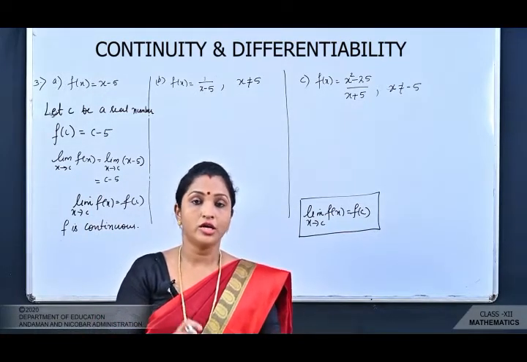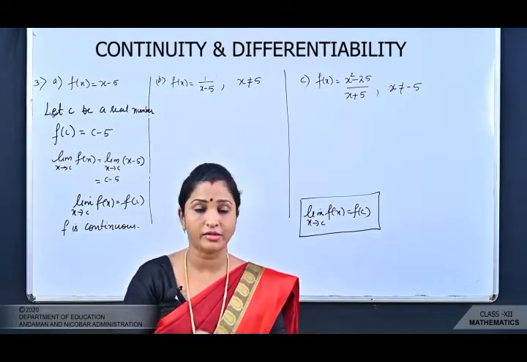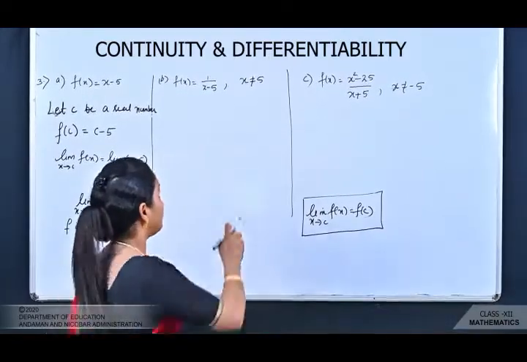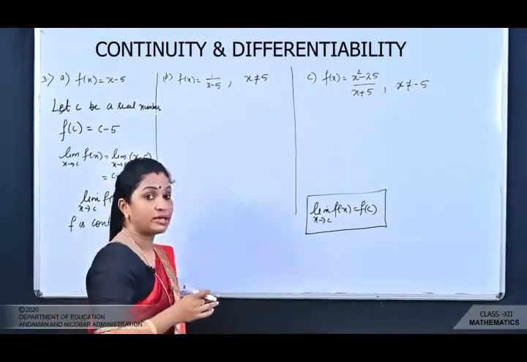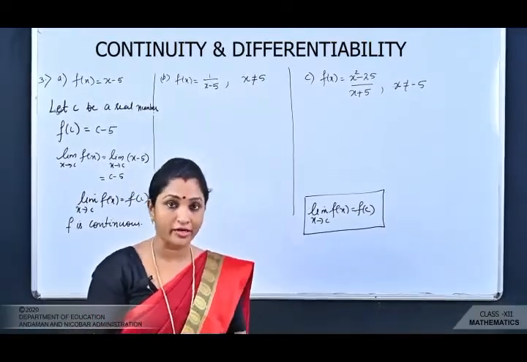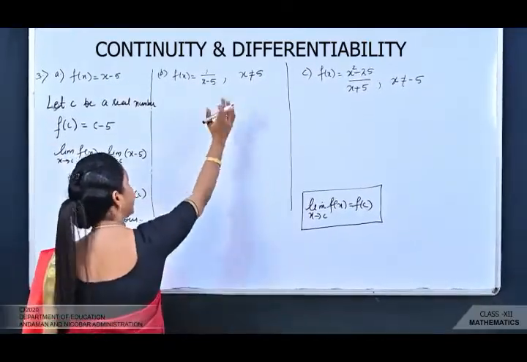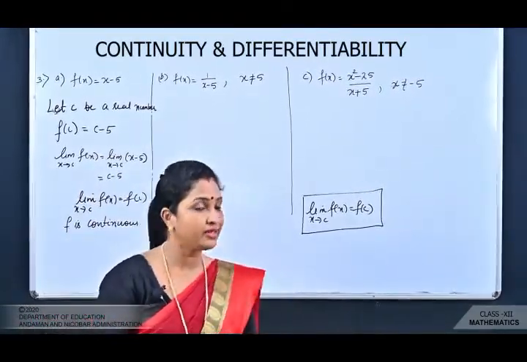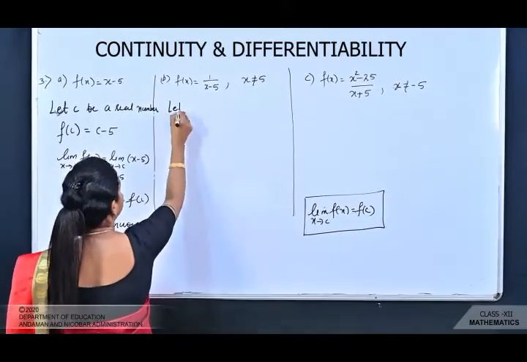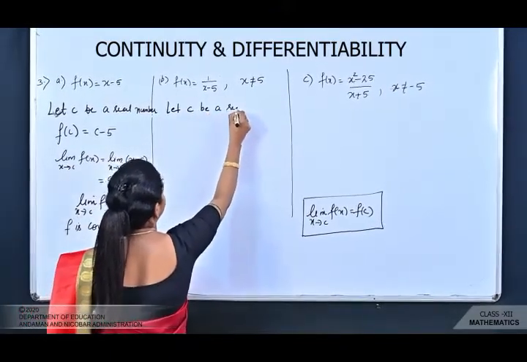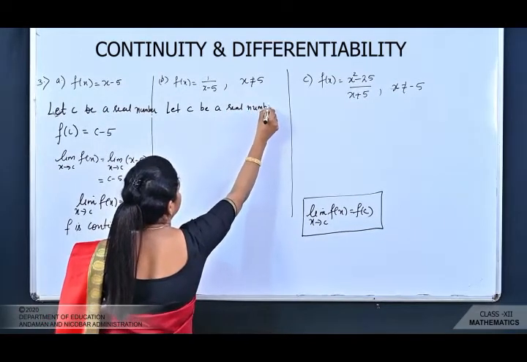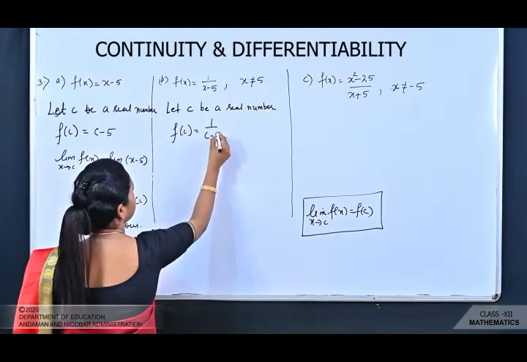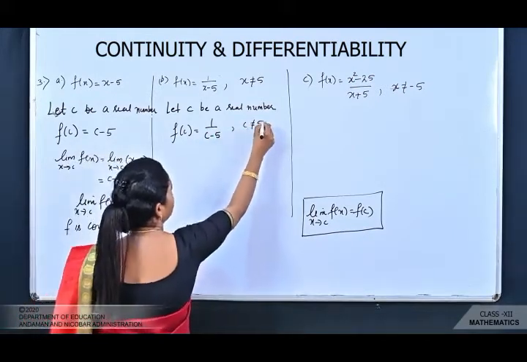क्यों? Because to become a function continuous, the main important factor is the function should be defined. But when you put x is equal to 5, it becomes 1 by 0 and it will be not defined. So what you will do here, आप except at 5 अब बाकी सारी conditions में देखेंगे कि function continuous है या नहीं. So again you will take what? Same thing. Let c be a real number. Okay, then you will take what is f of c? F of c will be 1 by c minus 5, except at c not 5.